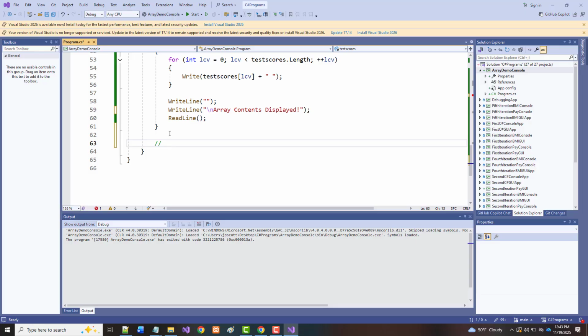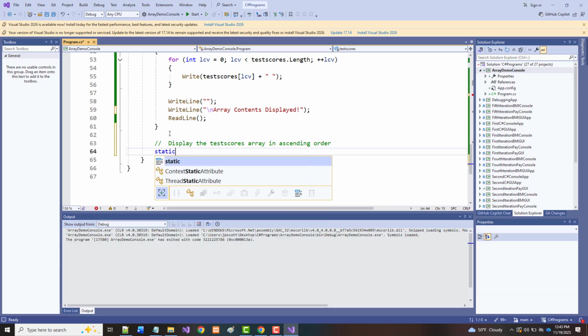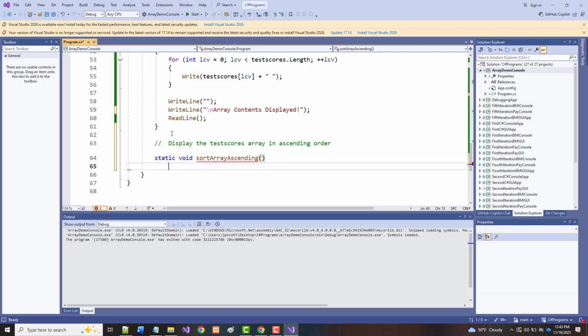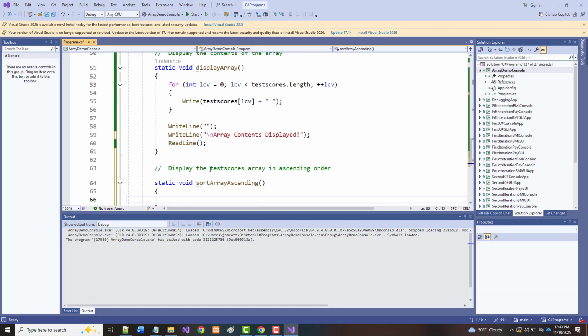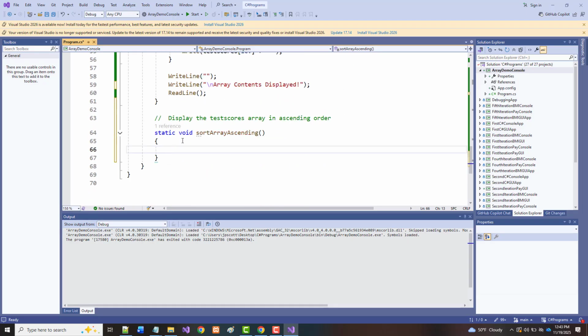So we want to display the test scores array in ascending order. So static void, and you'll notice once we do that, now that error is gone. Now it's not going to do anything yet. All right. In fact, what I'm going to do is grab this, because the next thing we want to do